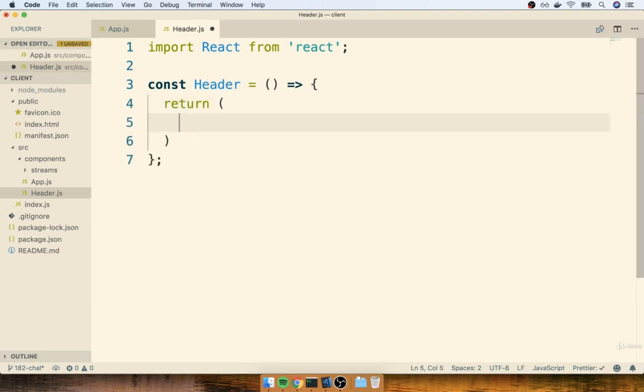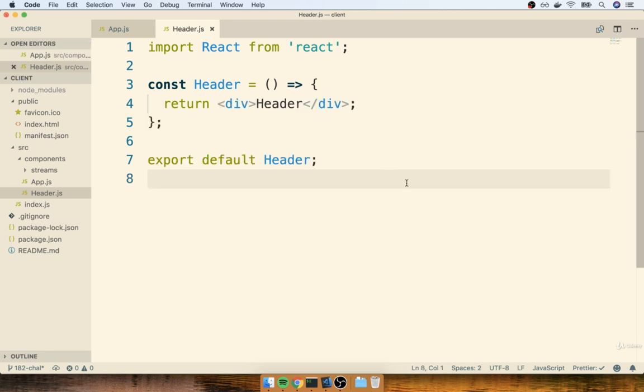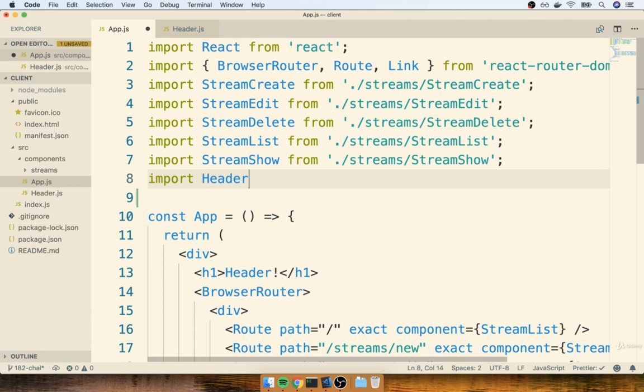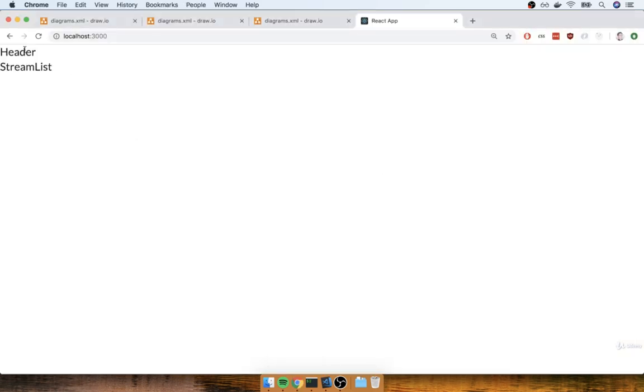and inside there, I will return a div with, how about, I don't think we need any other divs right now. We'll come back and do the styling in just a second. So I'll just put in the text header like so, and then we'll say export default header at the bottom. I'll save this, then we'll flip back over to our app.js file. Okay, here's app.js. I'll make sure that I import the header from header, and then I'm going to show the header right above my browser router, right here. So I'll say header, like so.